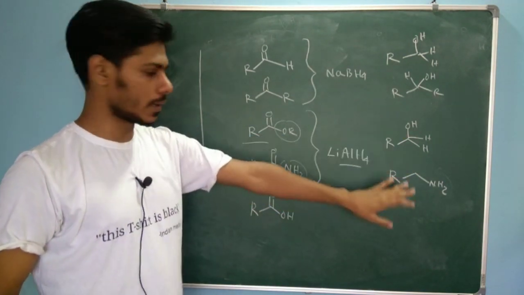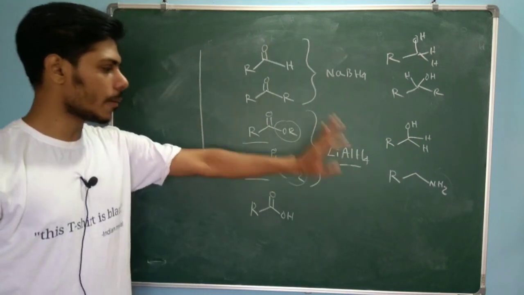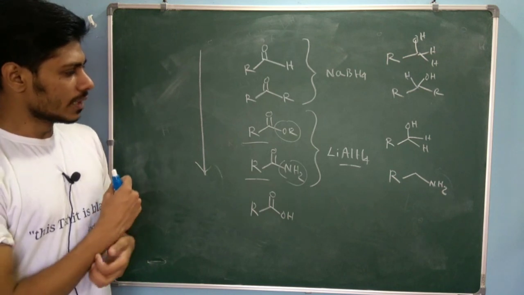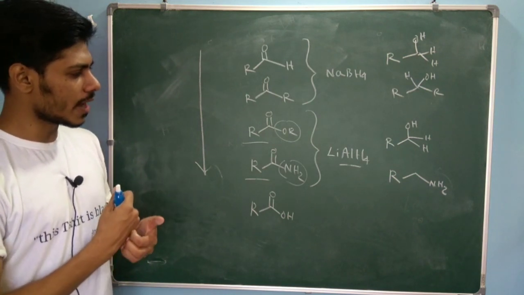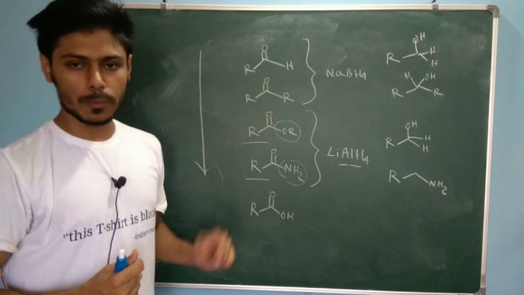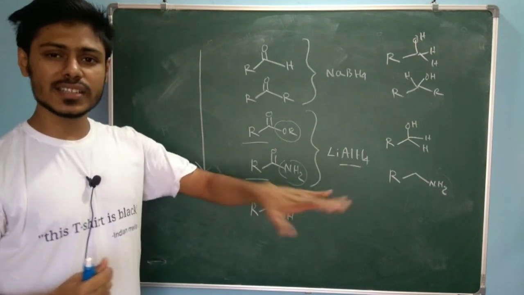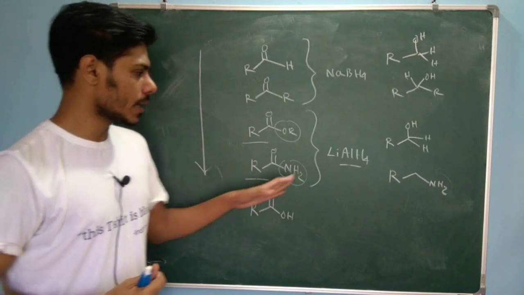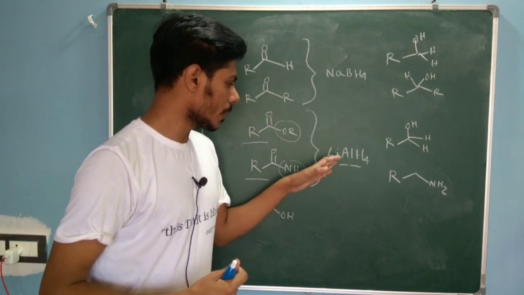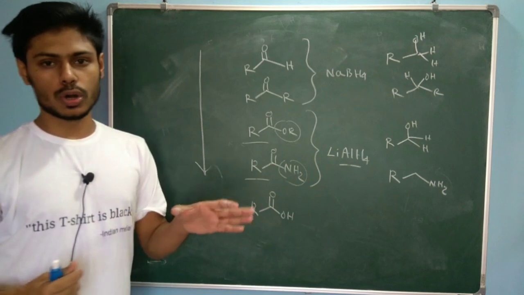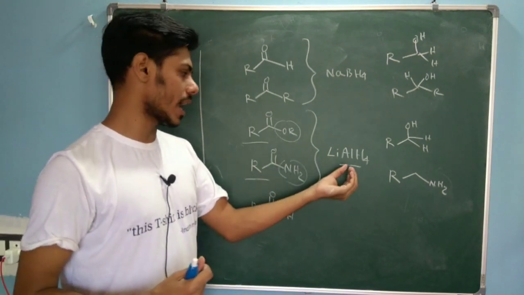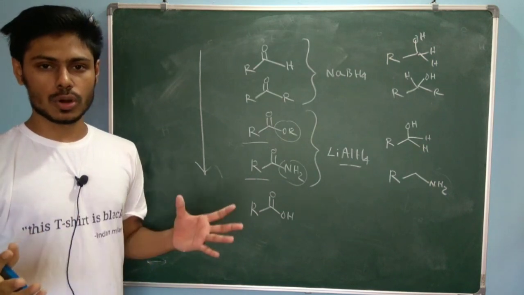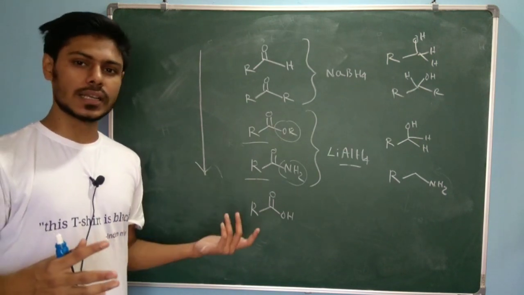Here you get the alcohol, but here you get the amine, and lithium aluminium hydride is the choice of reagent here. Now this lithium aluminium hydride is used and not sodium borohydride. So that means lithium aluminum hydride is more reactive than sodium borohydride. What is the reason? The reason is very simple. In case of lithium aluminum hydride, the lattice packing is not good because lithium is very small size and aluminum hydride is quite bigger. So lattice packing is not good, lattice energy is lower and stability is also lower.